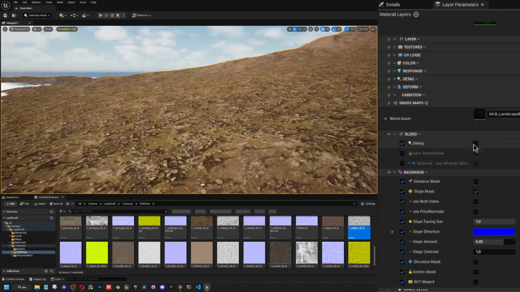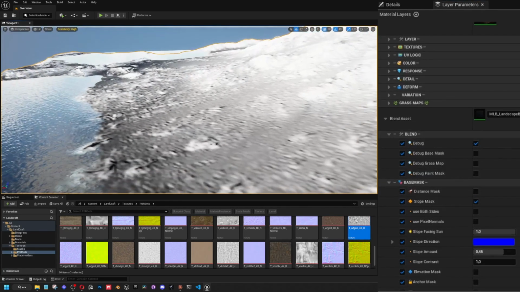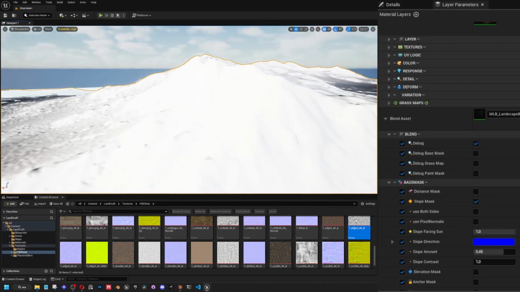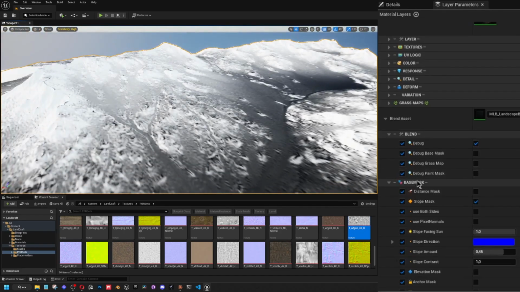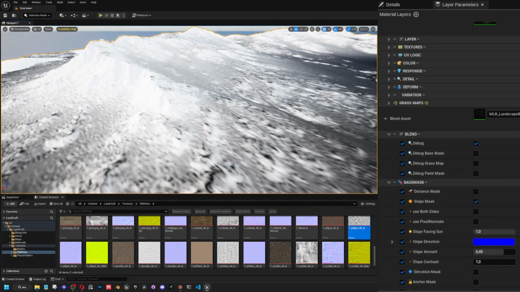The base mask will create the general mapping for the blend. So whenever we have fully white or fully black areas, there will be full top or bottom layers. But with the gradient, there will be this transition area, which we can now open and work with